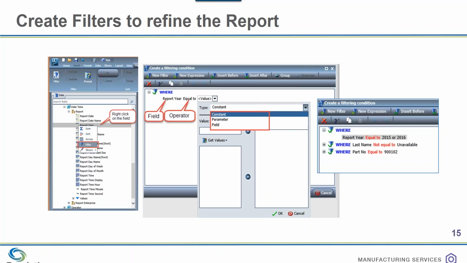And then I can build my conditions against your typical operators, and I can do that against constants, parameters, or fields. And when I'm all said and done with that and I'm satisfied, I basically click my Save button on my filter and run my report again, and I'll get my filtered output.